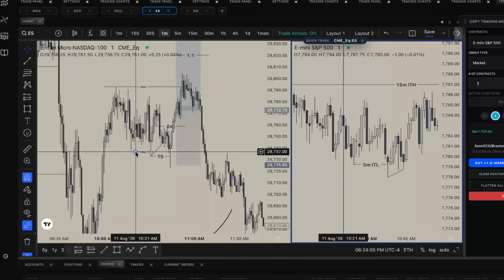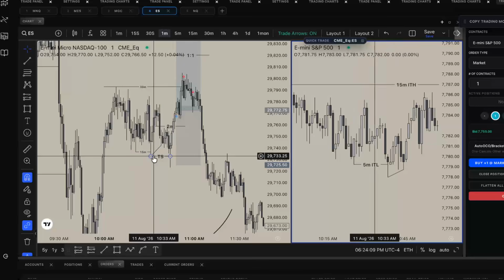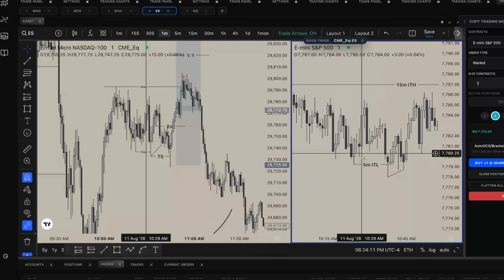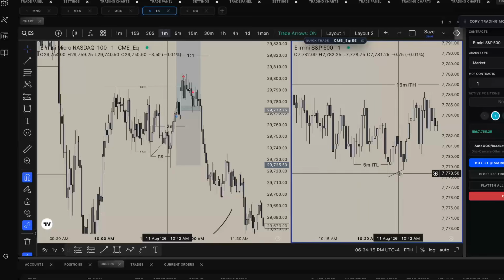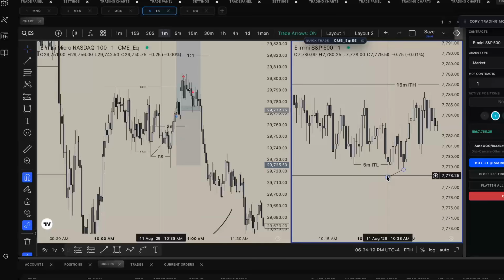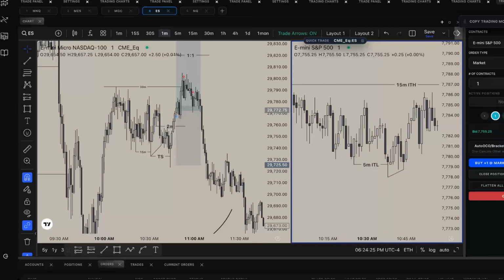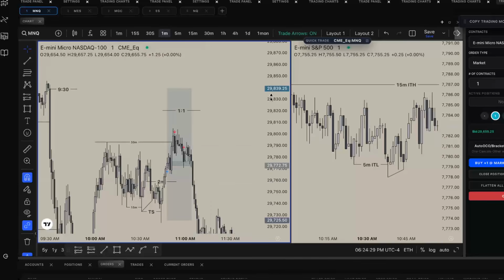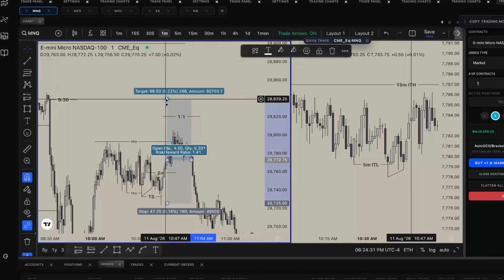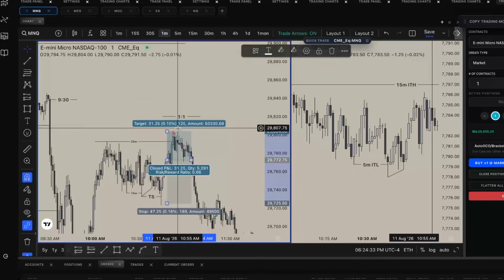There's two, right? We not only did tap into this 15-minute, but then we also had this turtle soup, and then right here 5-minute ITO, and then this SMT with the turtle soup, I guess you could say, with the resweep that NQ had with the 15-minute intermediate low. So that was my thought process, and then I just went break even at the 30-minute. I think I saw Dodgy hitting a 1-to-1, but